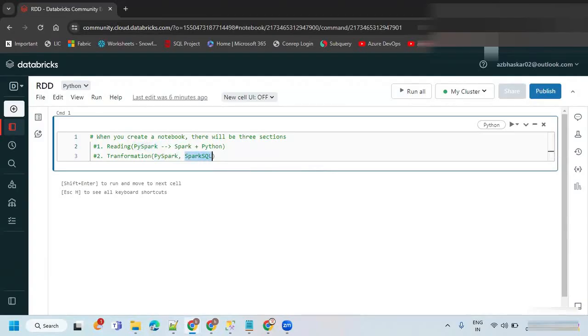In my case, I came across Spark SQL many times in order to do the transformation because everyone can understand SQL easily. Every traditional ETL developer can easily understand SQL code.